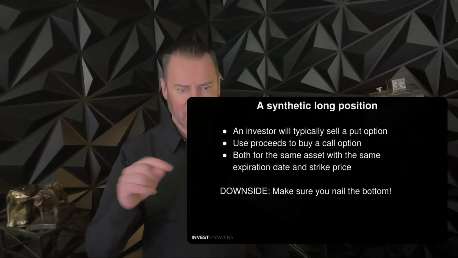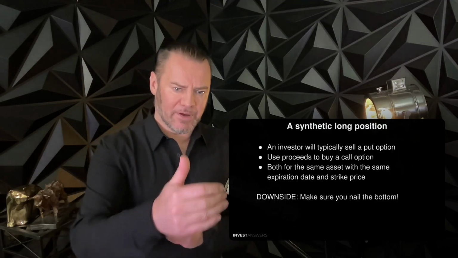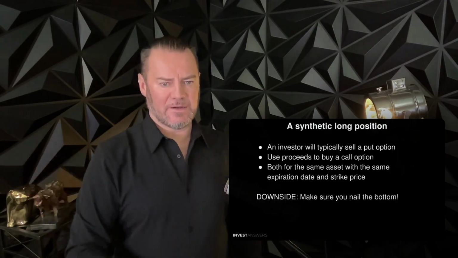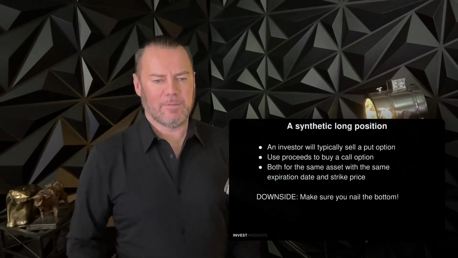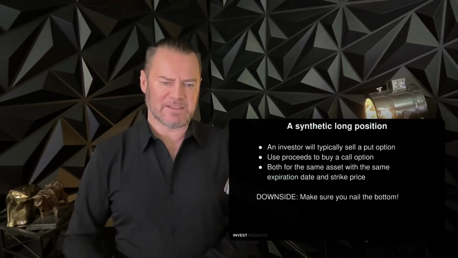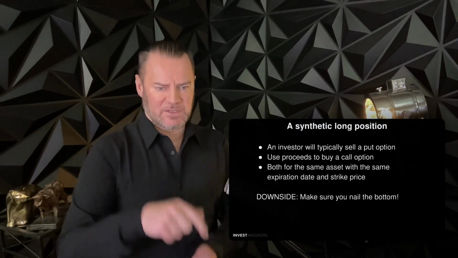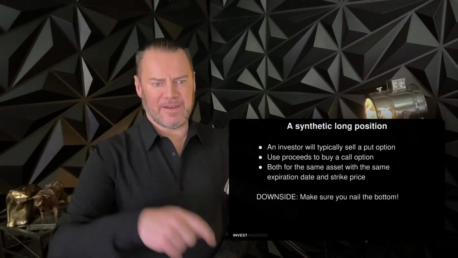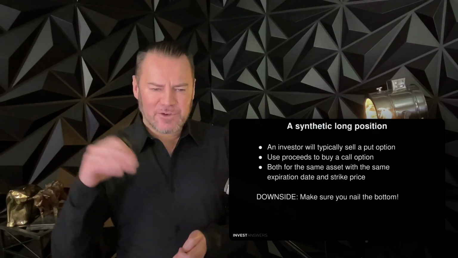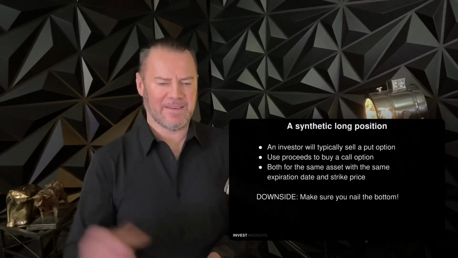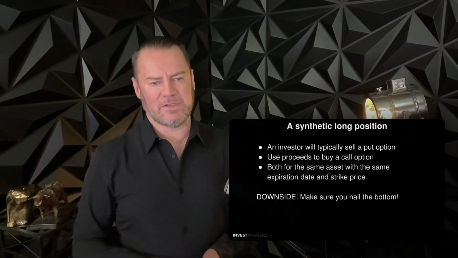But make sure you nail the bottom, because if you're selling a put and say an asset's at $200 and it goes to $100, you're on the hook for that. But sometimes as well, if it is a very volatile time, the price crashes. Imagine stock's at 300, price crashed to 200, and then it falls all the way down to $100. If during that crash to 200, you sold a put for maybe $60, and the price goes all the way down to $100,